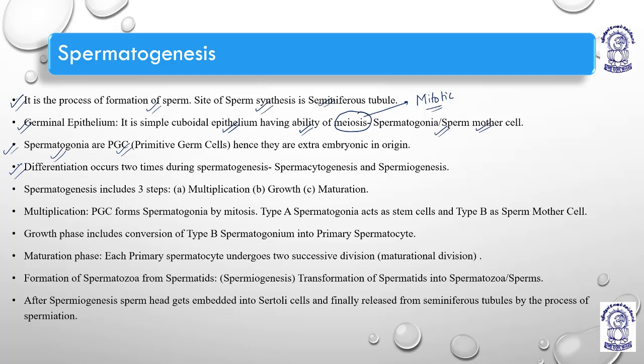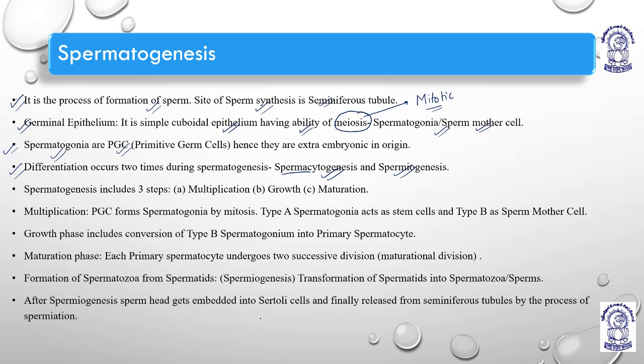The moment a sperm mother cell starts to make sperm, there are two main processes. One is spermiocytogenesis and the second one is spermiogenesis. Now what is the difference between these two? If the processes are different, then we have to catch that they have something morphologically distinct. So spermiocytogenesis and spermiogenesis are different in these ways.